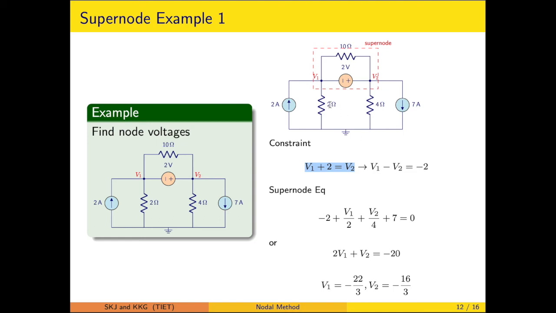The point to be clarified is how this parallel resistance participates in the supernodes. Please be mindful: if you are writing the outward current here, it will be V1 minus V2 upon 10. Correspondingly here the outward current will be V2 minus V1 upon 10. So both are of opposite polarity and they will get cancelled out. That's why the parallel combination across this voltage is not counted separately but is taken with the supernodes.